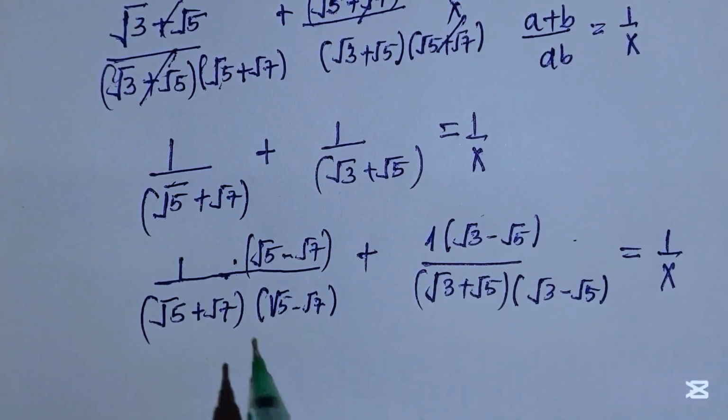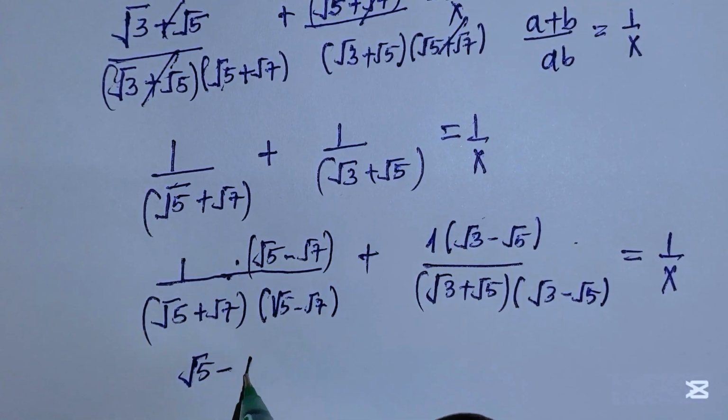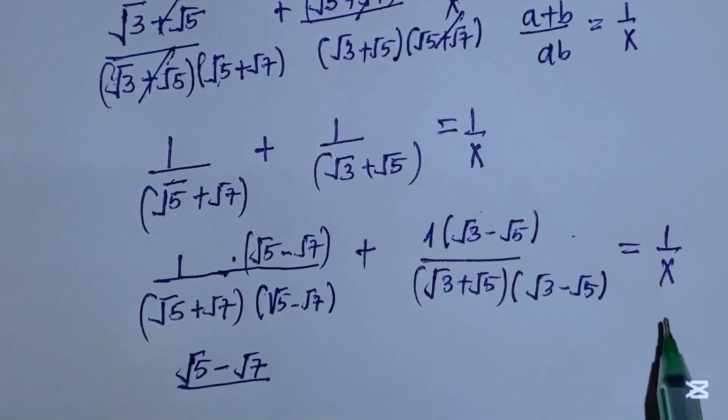So this will be equal to 1 times this square root of 5 minus square root of 7 over,